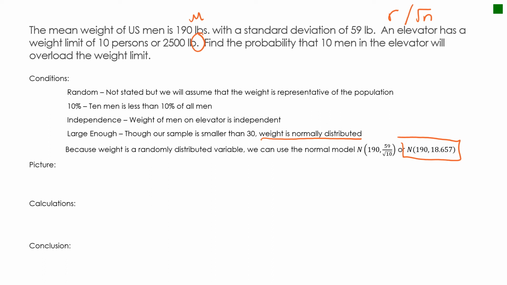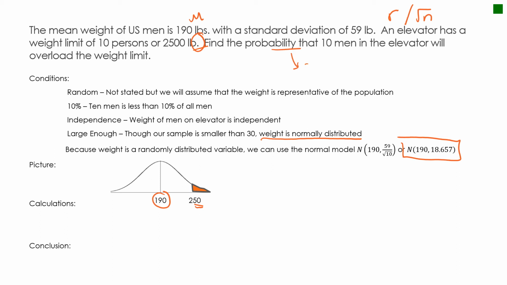Now, in terms of the picture, again, I'm actually testing it against some other score, and so my picture is not the empirical rule, it is helping me to determine which direction to go for my z-score. So I'm expecting 190. Where did this 250 come from? This is the hardest question because I just threw something at you to see if you knew what to do with it. I know that the weight limit of 10 persons is 2,500 pounds, and so I'm going to say